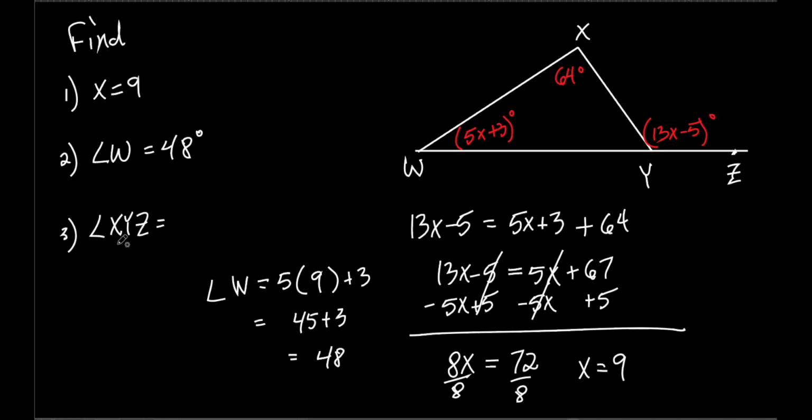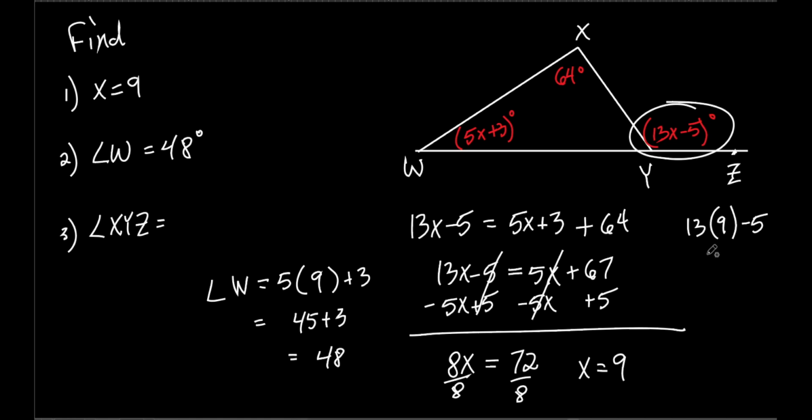All right, let's do this one. X, Y, Z, where's that? There's x, there's y, there's z. So that's x, y, z, the exterior angle. So basically, I do the same thing as I did for this, except I do it to this one, right? So let's do it. 13 times what? 9, right? Because that's my x. And then minus 5. 13 times 9. I should know that in my head. 117, is that right? 130. Yeah, if this was 10, that'd be 130. Take away 13, and that would be